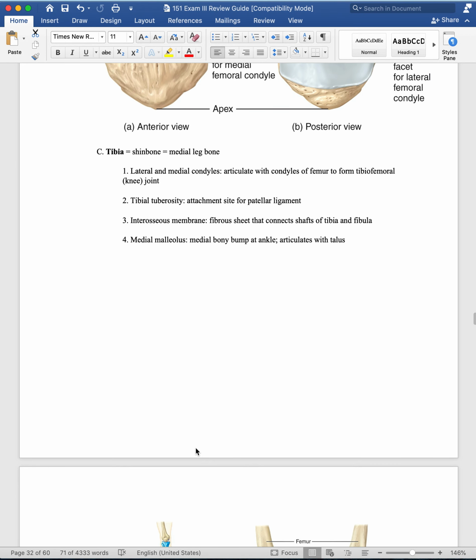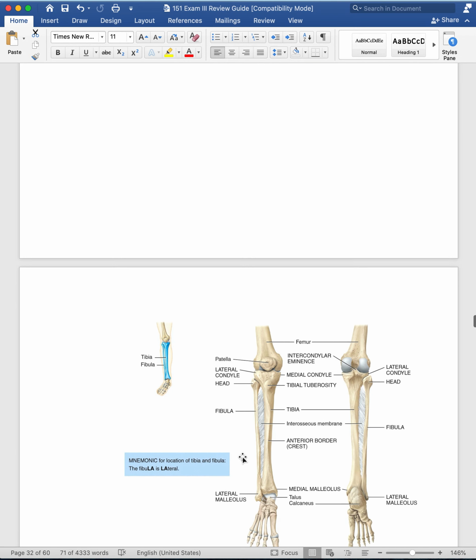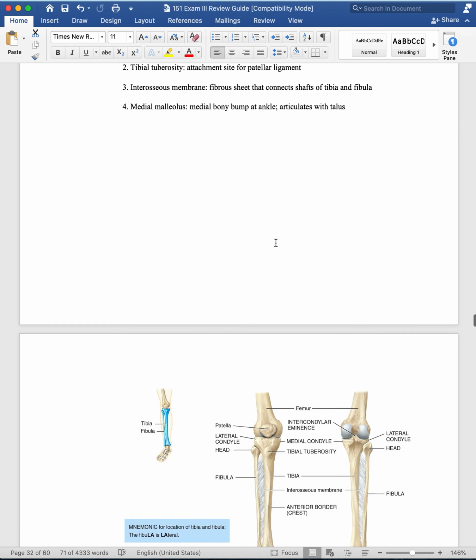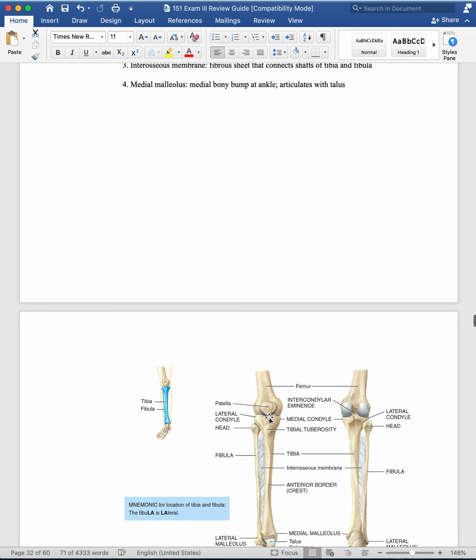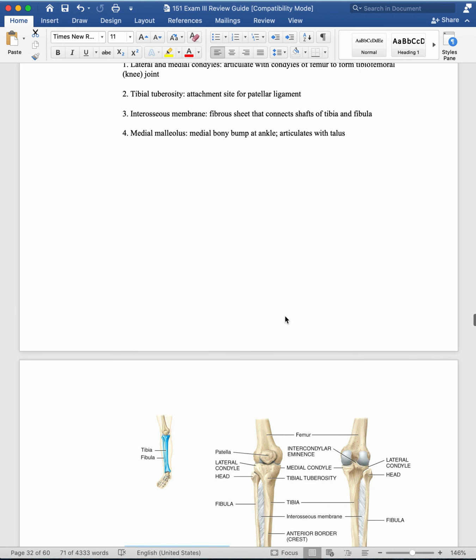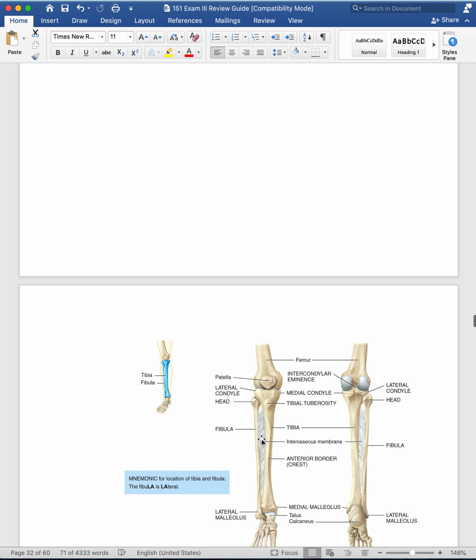Okay, the tibia is going to be the shin bone, the medial leg bone. We have a couple different things, including this tibial tuberosity, which is an attachment site, right here, where the patellar ligament is going to attach. Then we have the interosseous membrane between the fibula and the tibia, similar to what we saw between the radius and the ulna. As we move down the tibia, we have the medial malleolus,